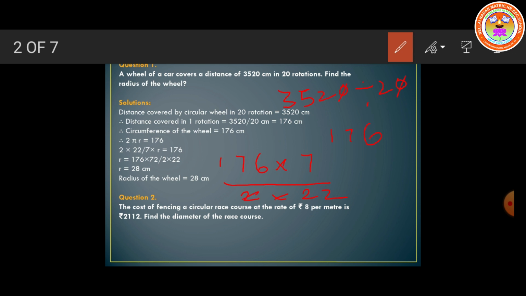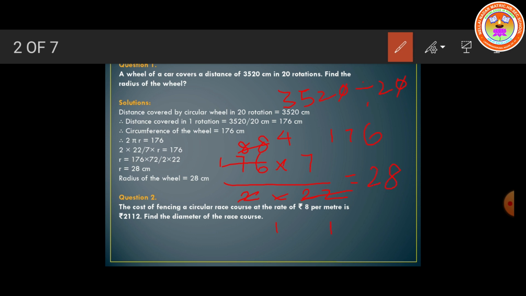2 ones are 2, you put 1. Then 2 eights are 16. Can you understand all of you? 2 eights are 16, balance 1, again add to 6. Again 2 eights are 16. Next, 22 ones are 22. Then 22 fours are what? 88. Can you understand? Next the remaining numbers, 4 into 7. 4 into 7 is equal to what? 28.